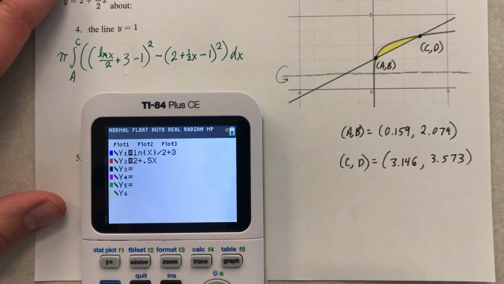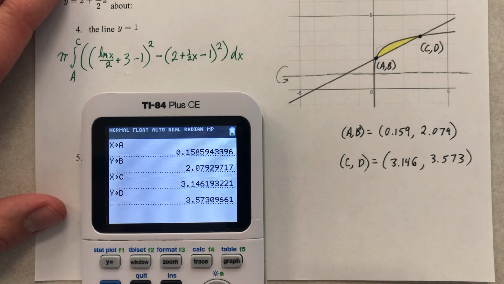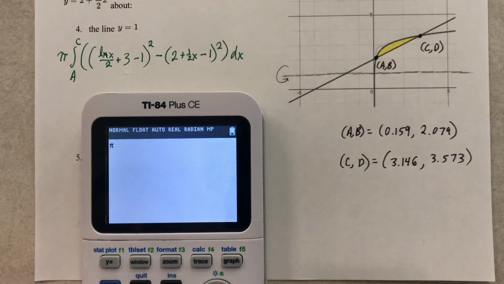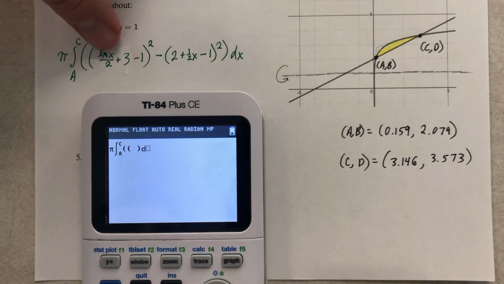We can do that. All those are stored in there. Yep, they're all in there. Everything's good to go. They better be in there, and they better be right because I found those points of intersection from them. And we're going to do pi math 9 from A to C of, okay, this is